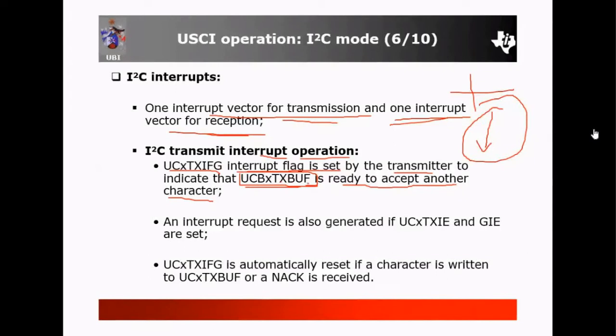If this interrupt occurs, it means it is ready for accepting data, that is, it is vacated. Now an interrupt request is also generated if UCxTXIE and GIE are set. By this way, you can set the UCxTXIE and GIE bits so that an interrupt request is generated.